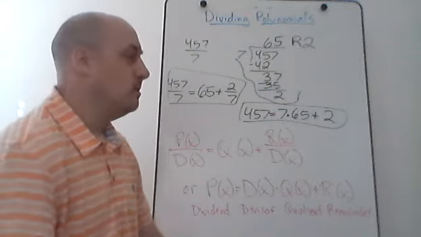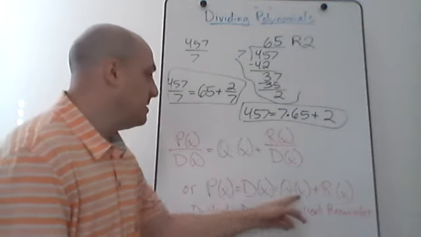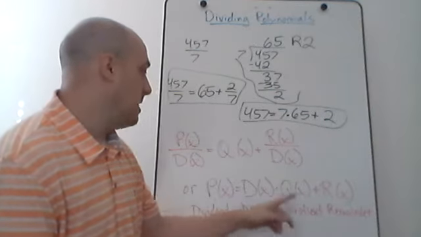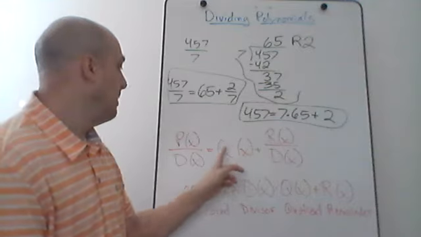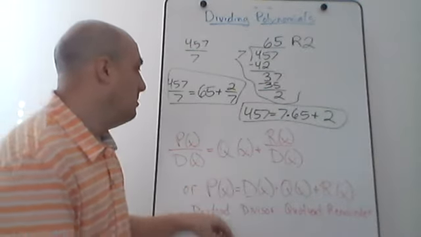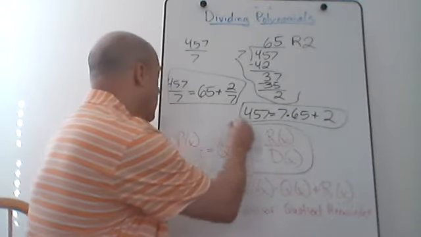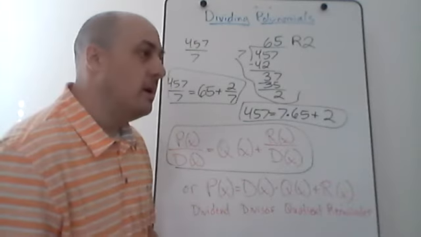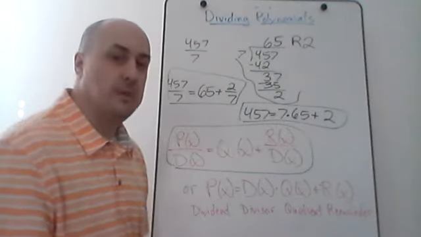And generally when we do polynomial long division, this is the way we tend to write out the answers. Actually, no, we tend to write out the answers this way, right? P of x over d of x equals q of x plus r of x over d of x, right? This is one of those things that comes up a little bit in algebra, a little bit in precalculus, but